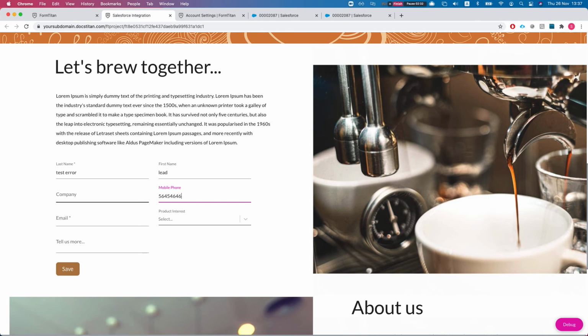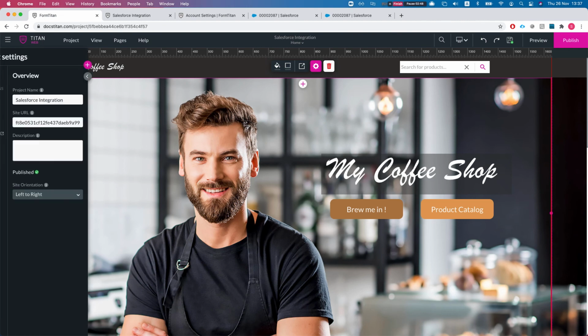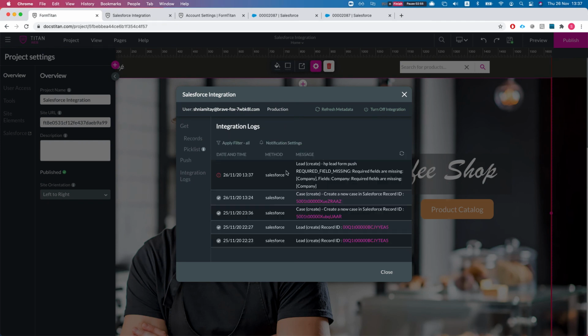Let's put in a mobile phone number, and I'll select an email. And let's select a product and something for more. I'll hit save. And if I go back, obviously you can pop up a message to the user directly in case of an error, but in this instance I just left it as it is. If I go to the integration log, I can see an error about the lead create. It's telling me that the required field is missing,